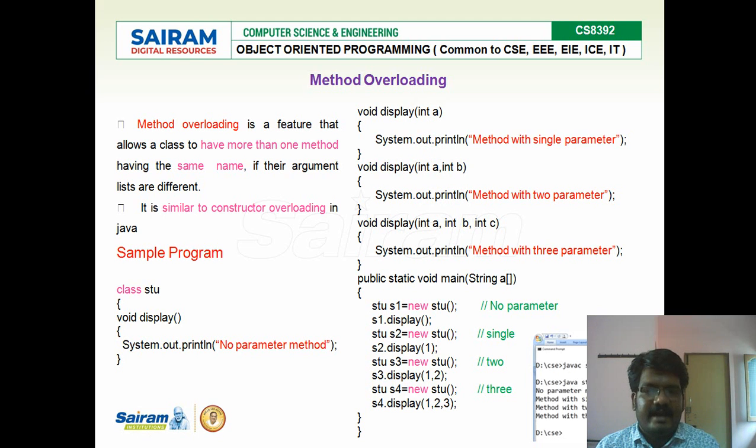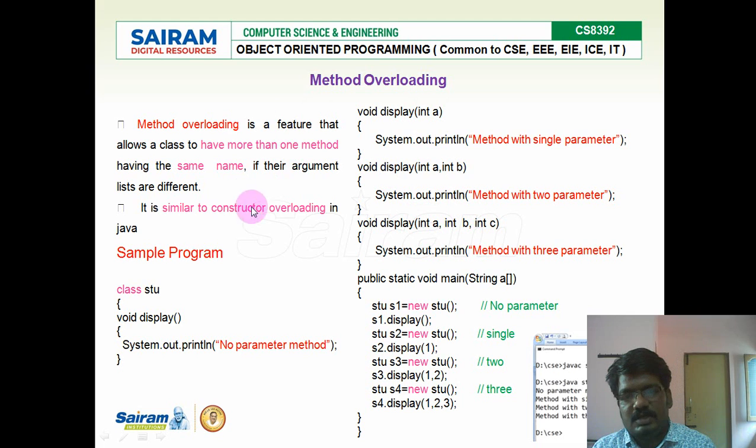It's a feature that allows a class to have more than one method with the same name. That is, a method can be redefined with the same name and a different definition if the argument lists are different. Here there are one argument, two arguments, and three arguments. The function name is the same, the definition differs, and the parameters also differ.